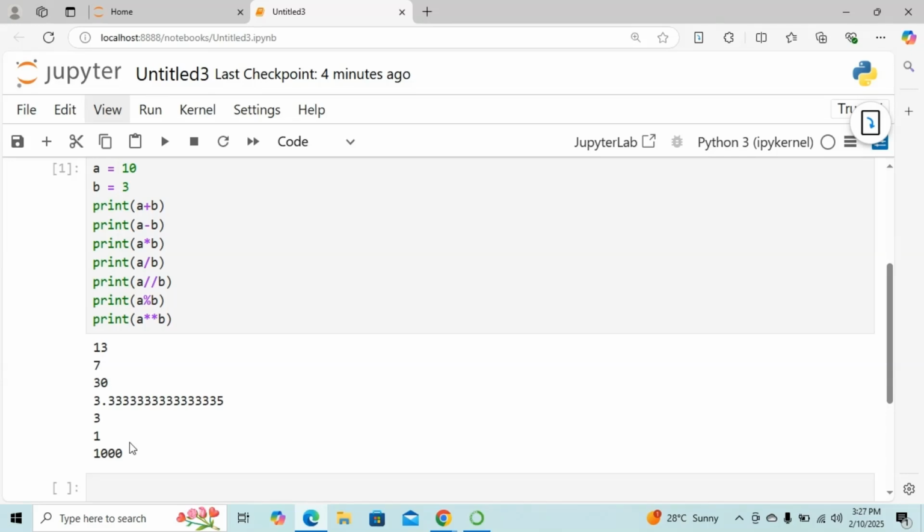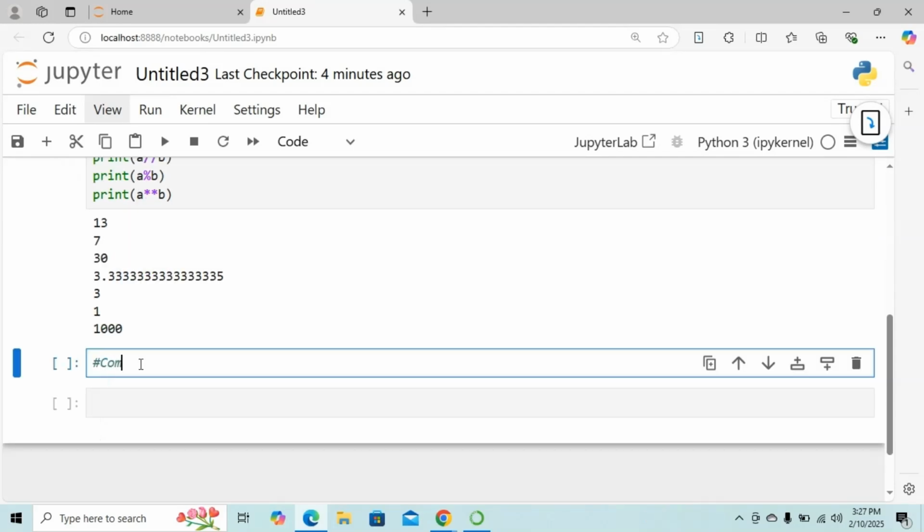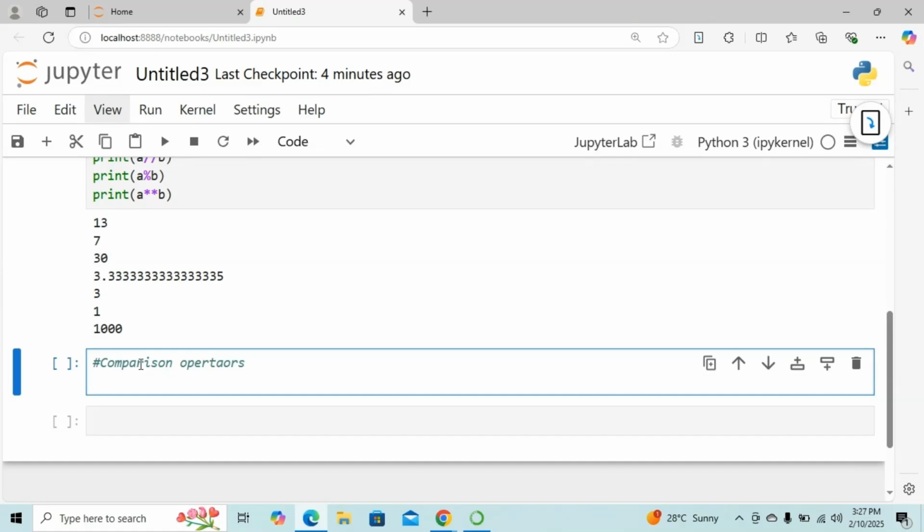Now let's understand the comparison operators. So what is a comparison operator? Comparison operators compare the values on either side of them and decide the relation among them, so they are also called relational operators. Comparison operators are used to compare two values. Here we have the operators called